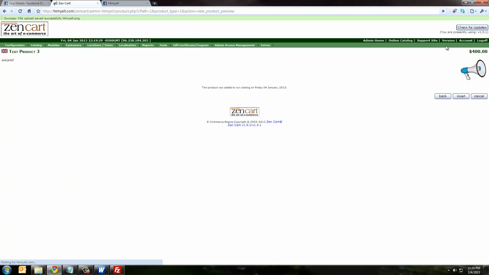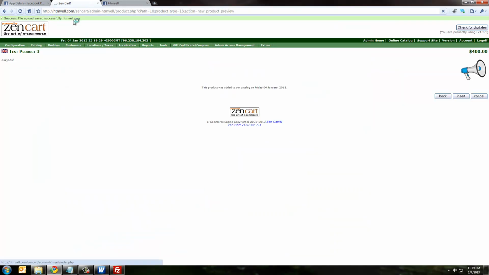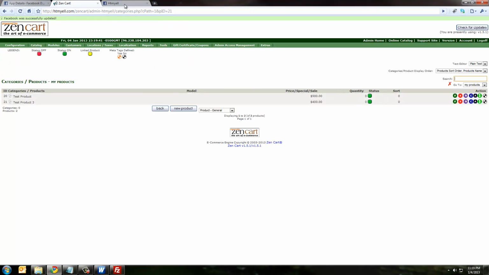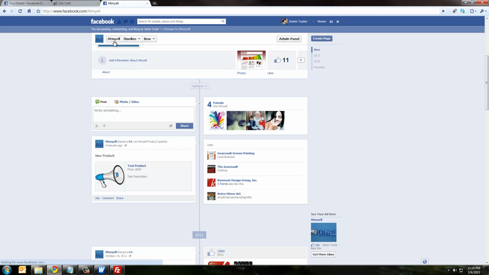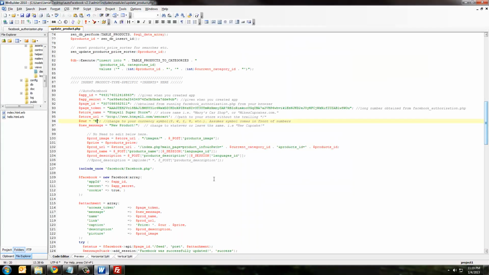And preview, insert. So now we should be able to see our euro once we get our Facebook is successfully updated message. So come back here, refresh the page, and there you can see. Now I also realized that some people had an issue with the currency being at the front of the amount as opposed to the back. So to do that,